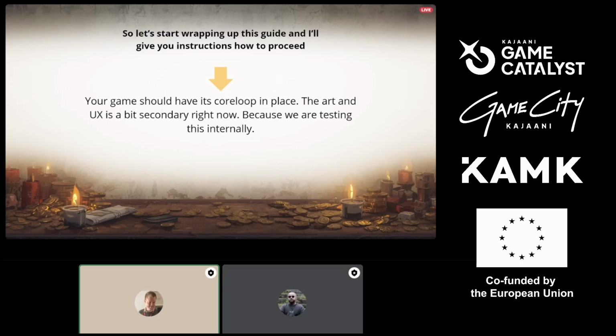But the more interesting thing is the core loop, because we professional game developers, we can see behind the crappy looking game and see how this could function if we have all that fancy animations and effects and graphics and such. So we can see through that. That's why you don't have to build a fancy looking game by the end of 17th.